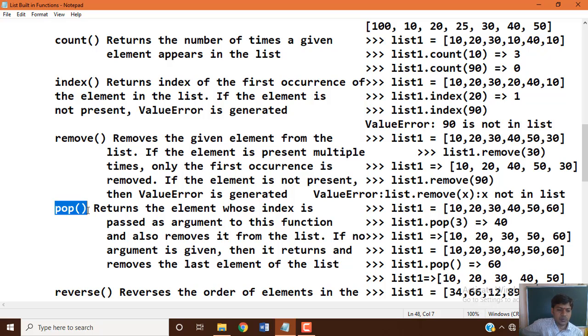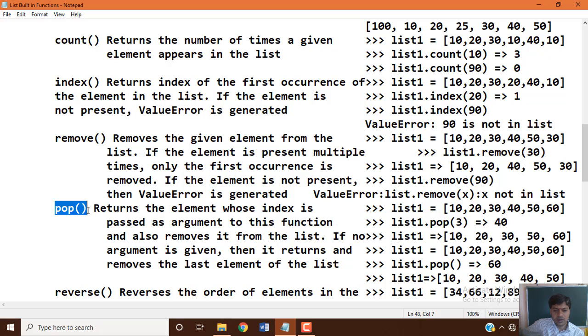So you pass an index number as the argument to this built-in function, and according to that, the data item will be removed.